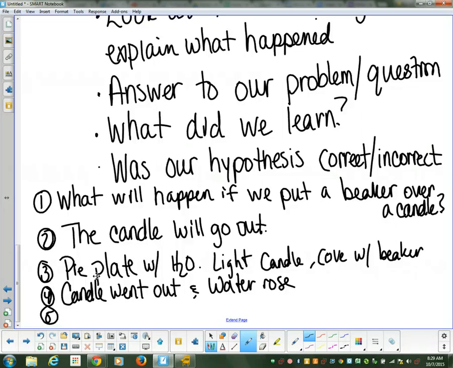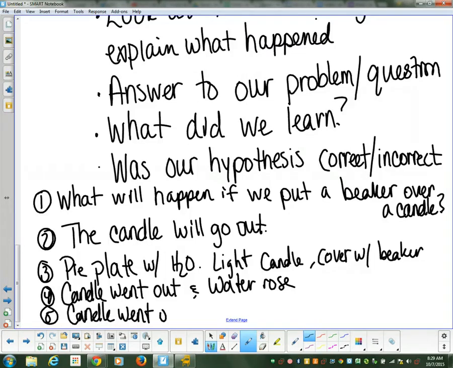All right, water goes up. All right, good. And the final step is what? What is that final step? Yep. Draw a conclusion. Okay. And what did you discover about this experiment? That the candle went out. Okay, candle